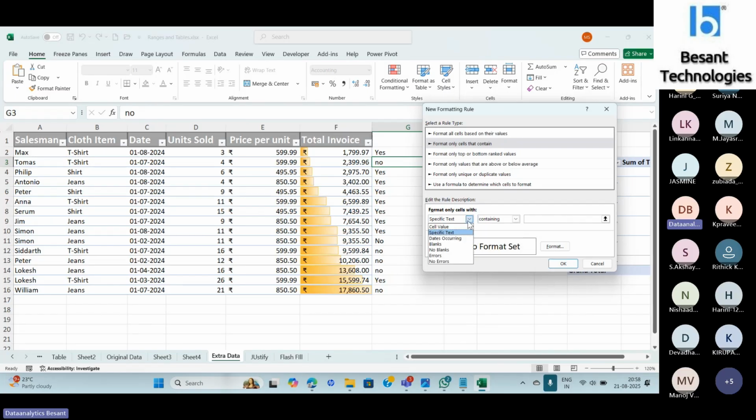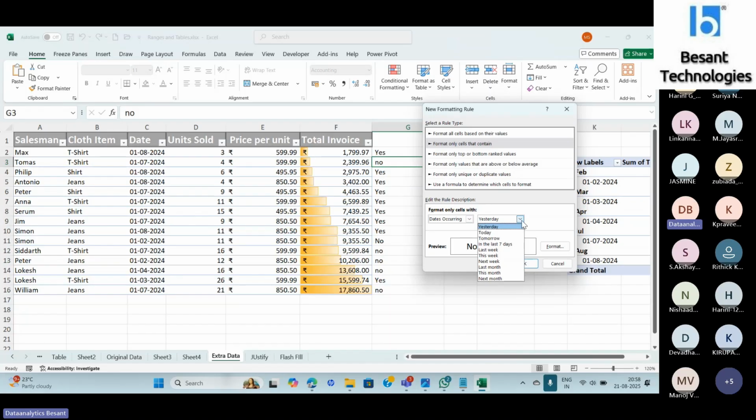You have your dates occurring. We have seen yesterday, today, day before yesterday and all. Apart from that also, if in the selected range of cells you have some blank, highlight them. If no blanks, obviously it's not going to do anything. If there are any errors, you can get them highlighted, yes. And if no errors means all fine, no issues. So if any chunk of data that you're selecting,